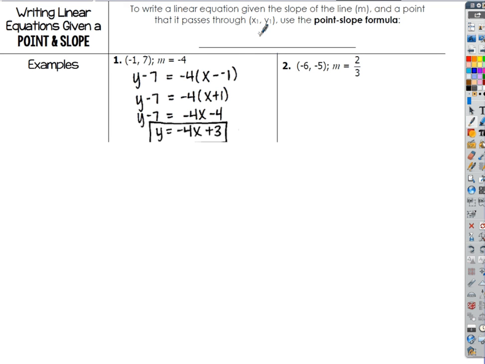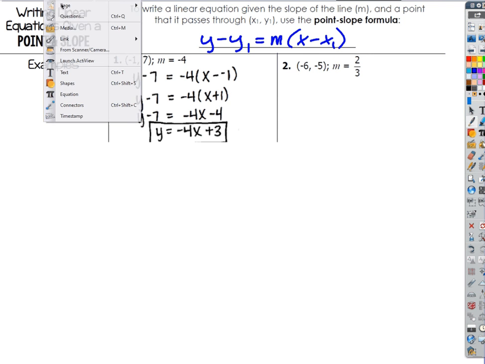Point slope form is just y minus y1 equals m times the quantity x minus x1. Now let me show you why that makes total sense. If I take that form, y minus y1 equals m times x minus x1,